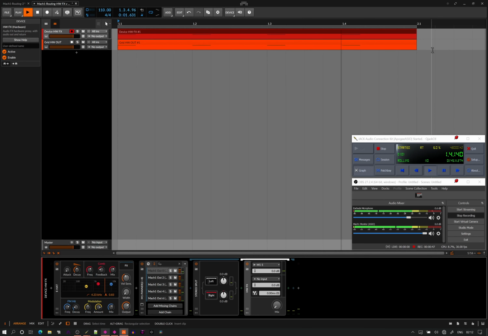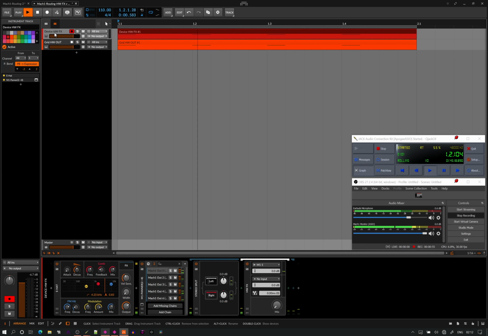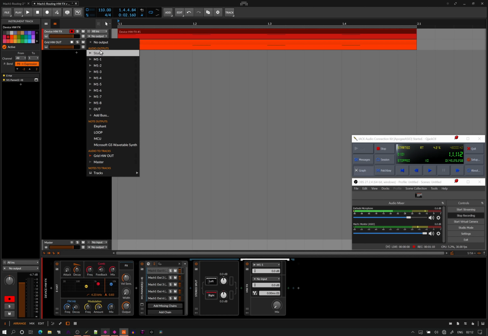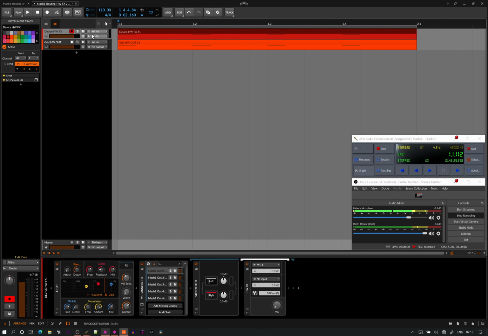and this all worked pretty well. Everything was synchronized, but if you can hear in the background, you can hear that the metronome isn't exactly in time with the hardware effects output. If I just stop that, if I just pump that out to the stereo, to the studio, you can see it's a round trip latency of 42 milliseconds, and that's why you can hear that that's out of sync, because